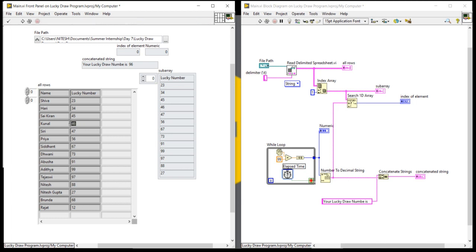Just left of location 4 we have written Kunal, so Kunal will be the winner. If my lucky draw number is not present, it will display -1.